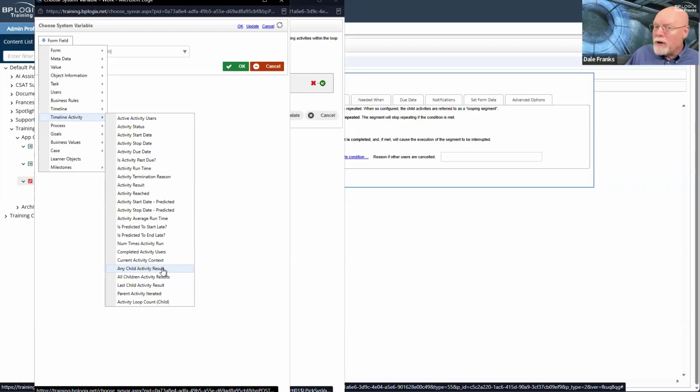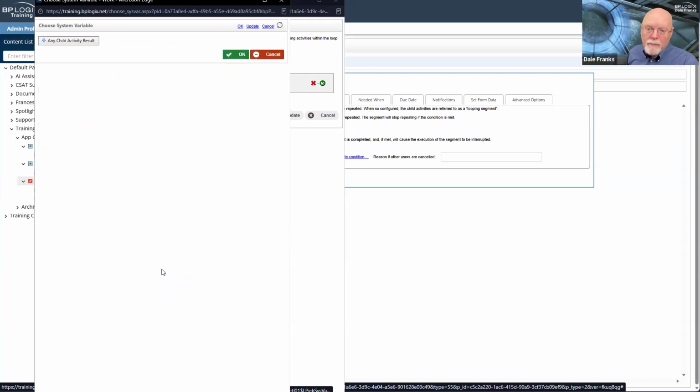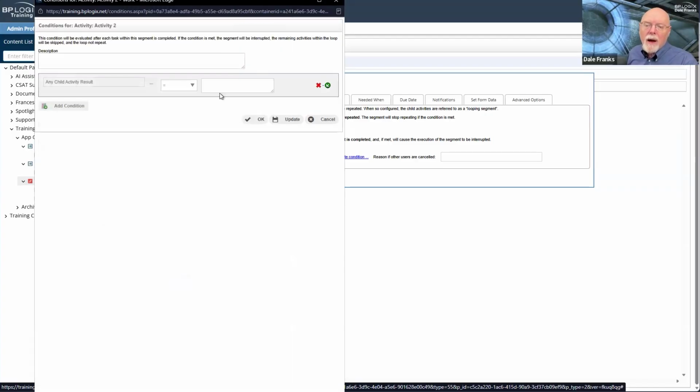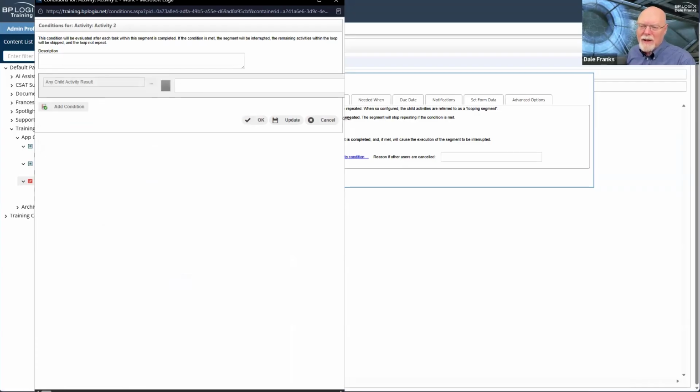So what I want to do is to evaluate all of the child activity results. And if any of them... I'm not sure why my equal sign is not showing there. I have some weird little display thing happening.